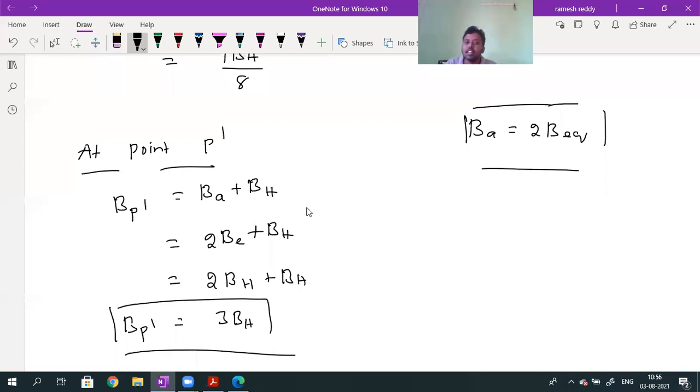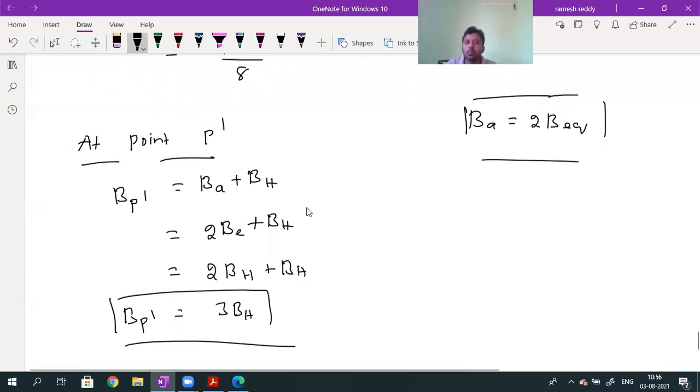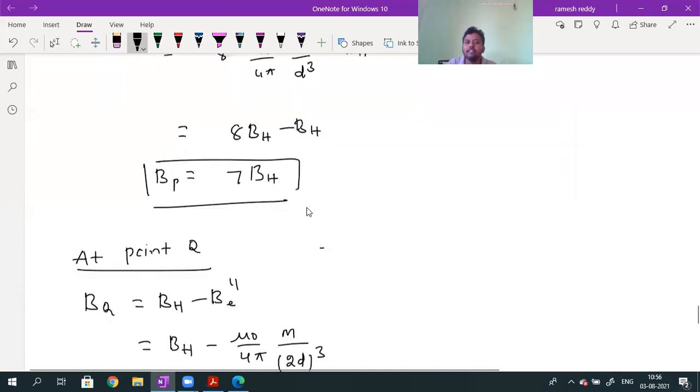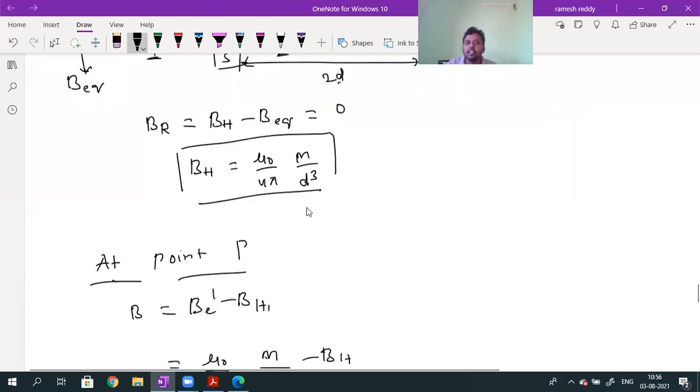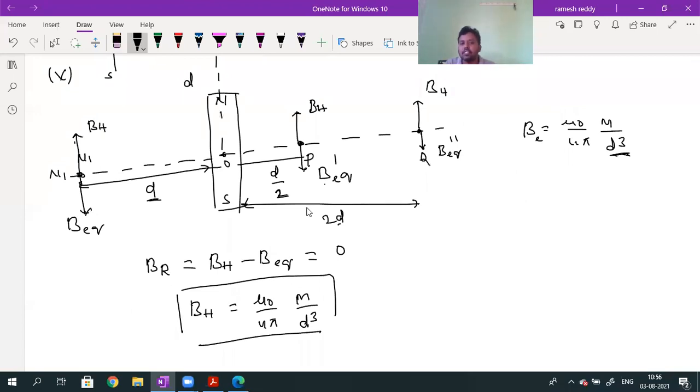Like this, whatever the points are given, we are able to find out. One more point I will consider here, related to this position only. I will discuss the case where the north pole is placed towards the geographic north. When the north pole is placed towards the geographic north, the null point will be obtained on the axial line or equatorial line. Similar conditions you can study when the south pole is placed toward the geographic north, or the north pole is placed toward the geographic south.